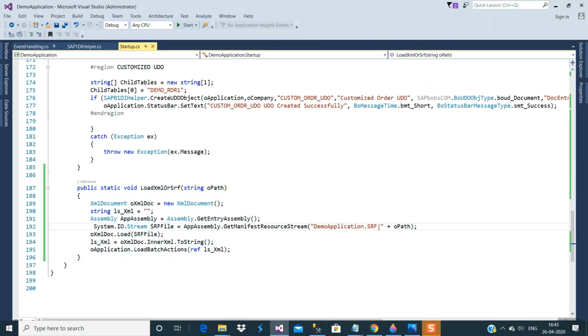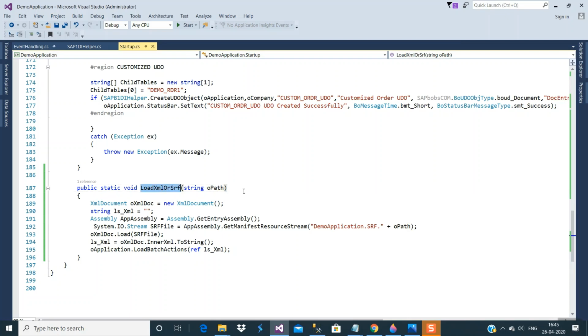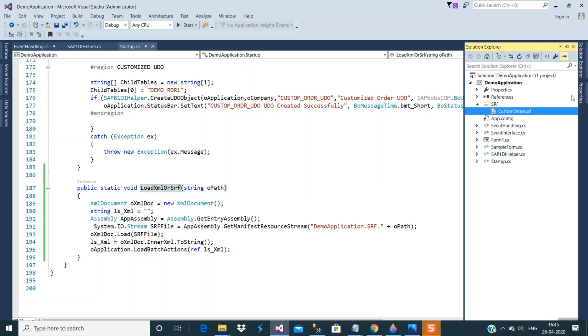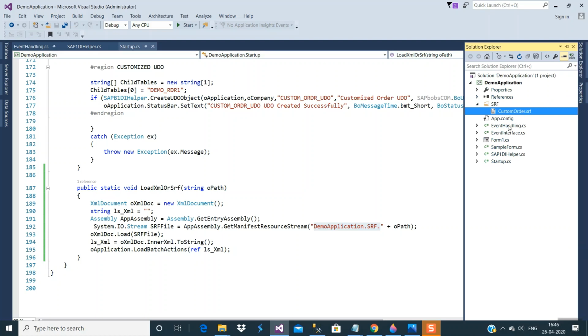I have given this generic path, so under the srf folder you can put multiple srf files, and you only have to pass the srf name through this function, and you will get the resource path, basically the srf path. I have done this for you so that it can be easily accessed, and you will not have to pass the folder and full directory path every time.